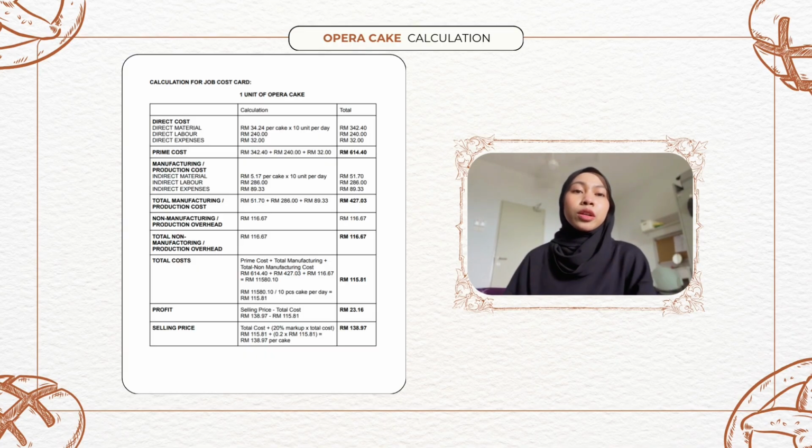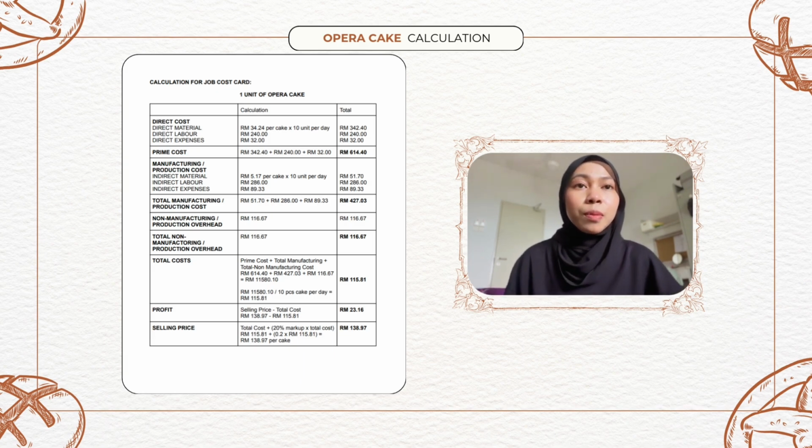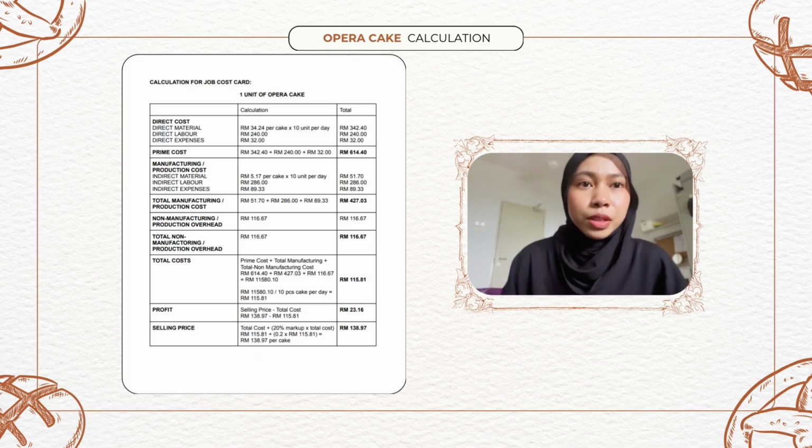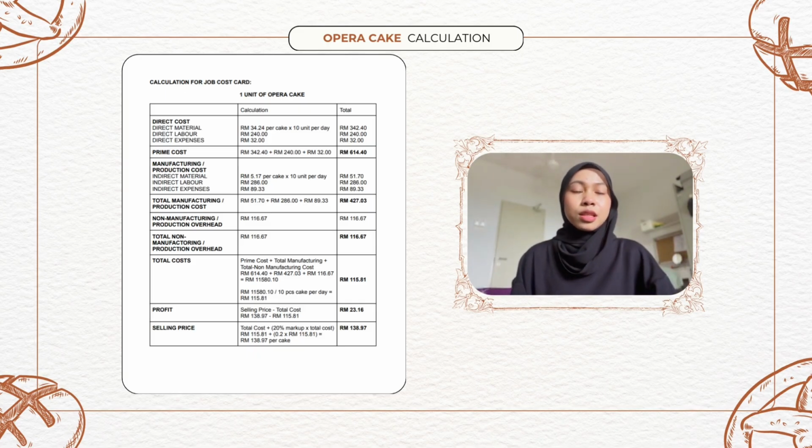While we're going to calculate the total cost for this opera cake: prime cost plus total manufacturing plus total non-manufacturing cost. Our prime cost is 614.40, total manufacturing is 427.03, while the total non-manufacturing cost is 116.67. So after we total up, we got 1,158.10. As I said before, we produce 10 cakes per day, so we're going to divide it by 10. So per cake, the total cost of one opera cake is